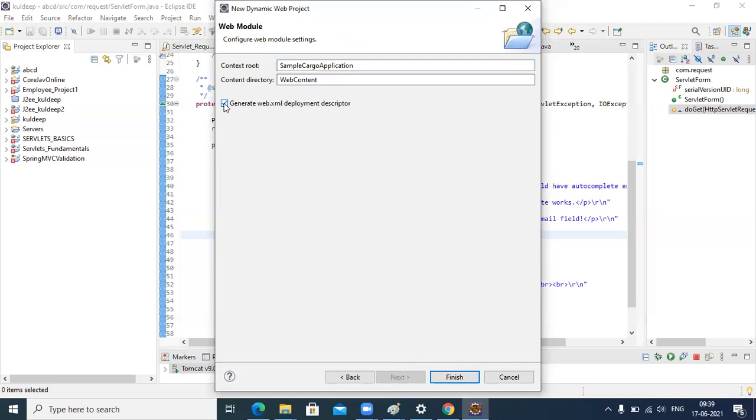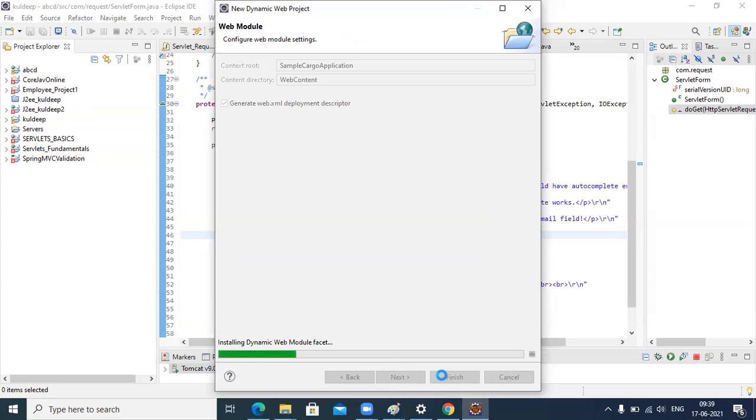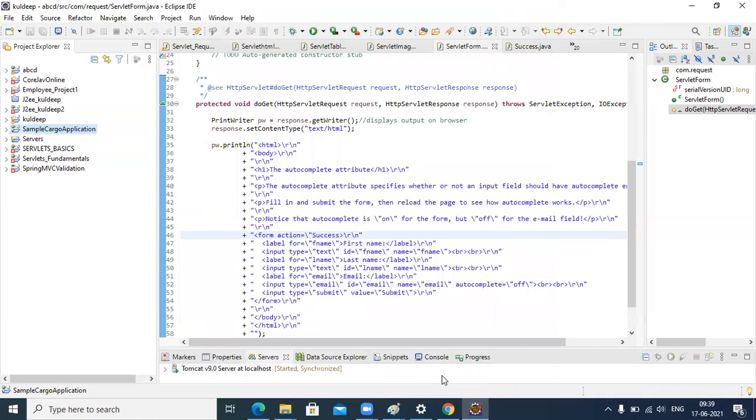Click on this and say click on finish. Okay, so this is the sample cargo application created.